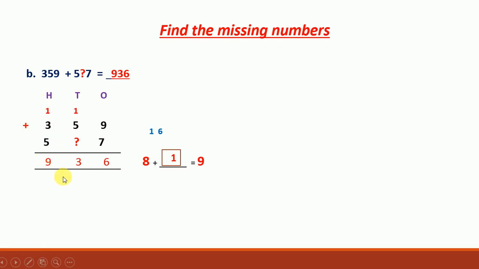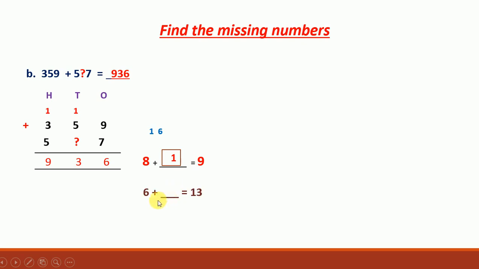So now let us come to the tens place. In the tens place answer we are having the 3. This is not 3, because we are having the carryover in the hundreds place, right? So 1, 3. So it is 13. There is a carryover in the hundreds place, and we have the 3 in the answer of tens. So it is 13.